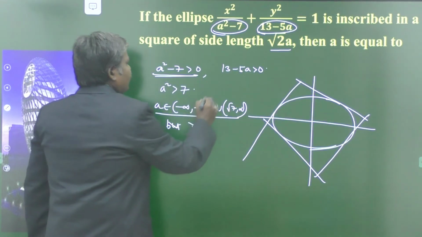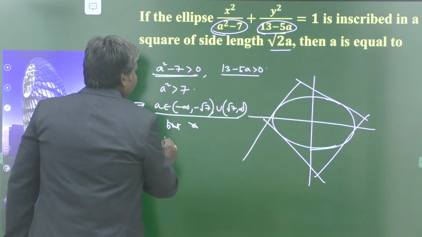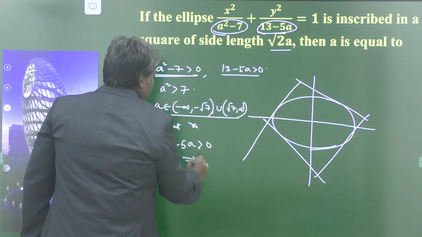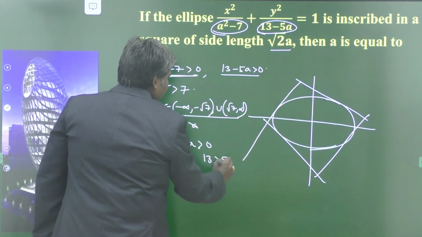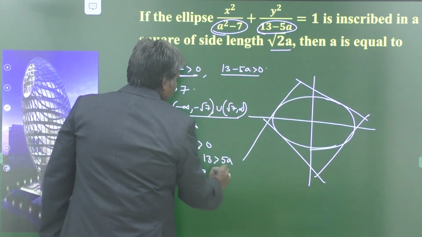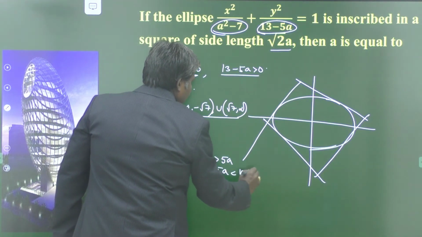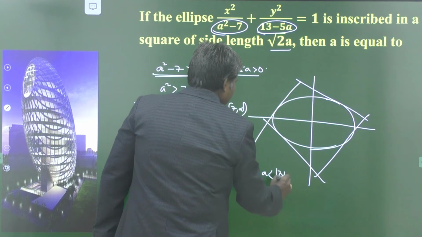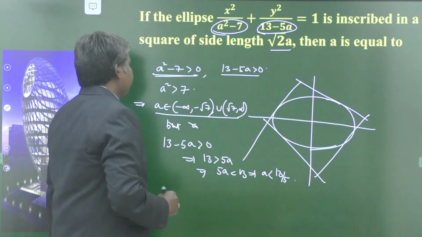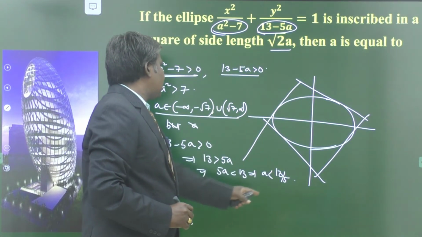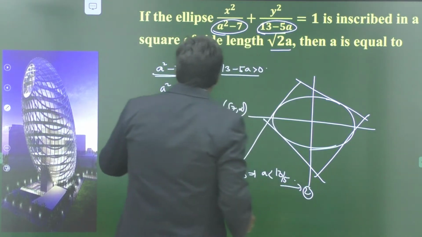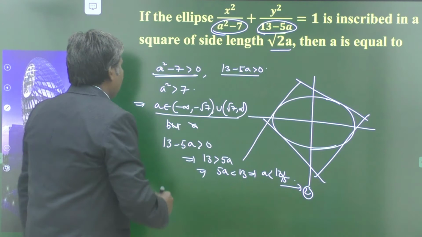And again from the second condition we have 13 minus 5a should be greater than 0, implies 13 greater than 5a, implies 5a less than 13, implies a less than what? 13 by 5. A less than 13 by 5. So this is equation number 2. Now from these two equations we have a belongs to